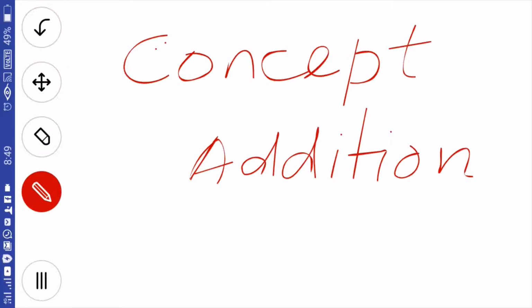But when a mathematical operation is understood and done concept-based, it will be of a lot of benefit. Today we are going to see how concept-based addition is going to save our time during the calculation, and also it reduces the work.